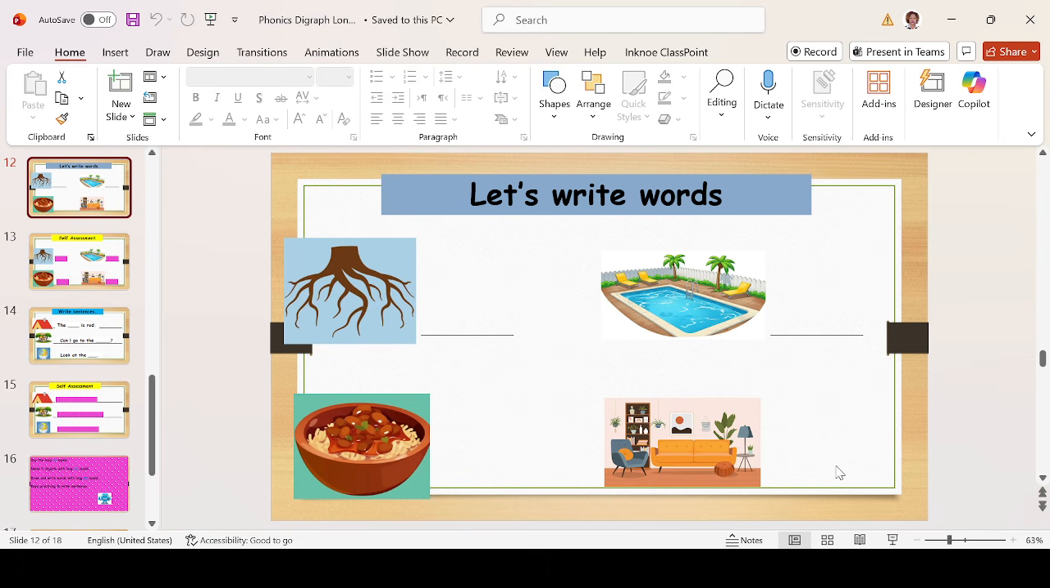Let's write the words together. Go to this picture, and then I want you to write u, t, root. R-U-T, root. Then here, pool. P-U-L, pool. P-U-L, pool. Good. And for this one, I want you to write